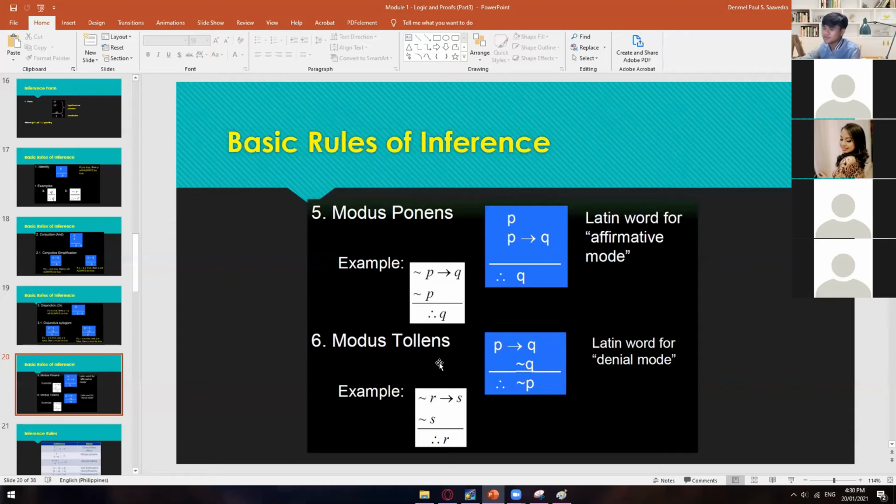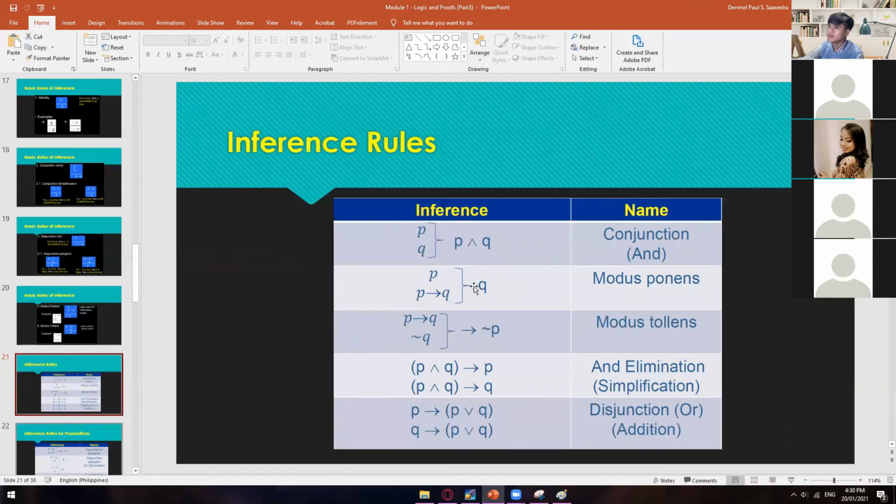My only advice is just memorize this one. Okay, so if you can see this kind of format, then you have to negate your hypothesis. Same with this one. This kind of format, then you have to negate your hypothesis. Anyway, here are the other